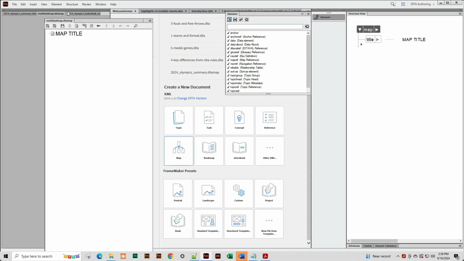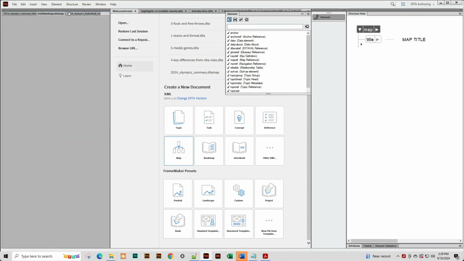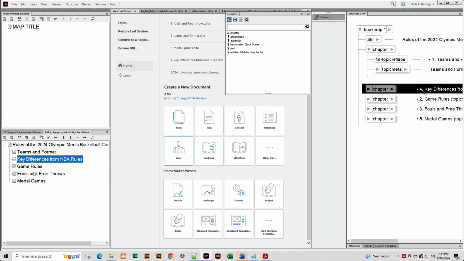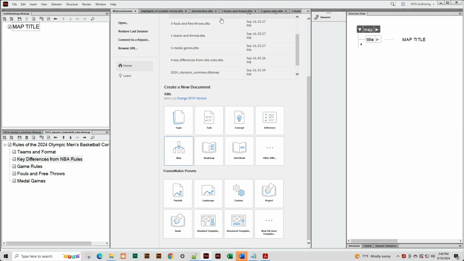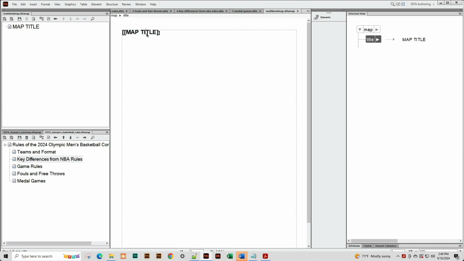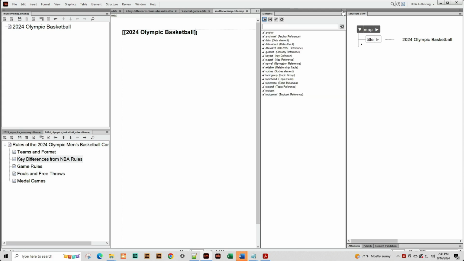And just to keep it easy, let's go ahead and take the multi-level DITA map, and I'll stack that on top. That way I can see the two things that I'm trying to create here. So, reminder, I'm trying to get this Key Differences from MBA Rules to be kicked in one level from the Teams and Format. First, I'll change the title. I'll open up my document view. And I'll just keep it a little bit shorter. Go over to my structure view,